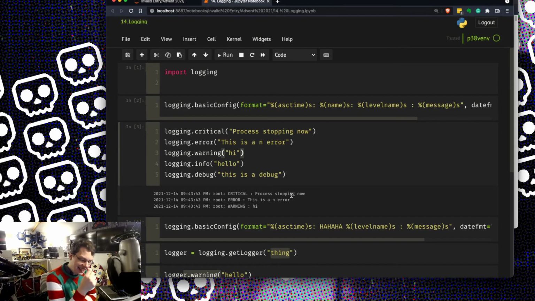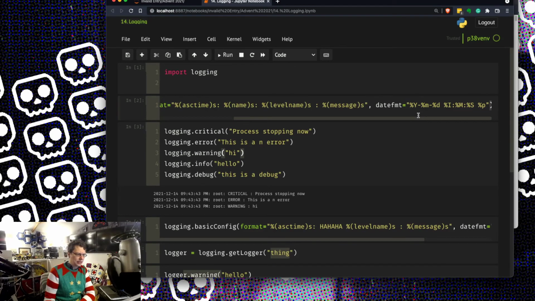So it's as easy as using print, but it's worth doing. It's worth getting into the habit, when you're writing a little script, of saying, I'm not going to use print today, I'm going to use logging instead to do my debugging. And then you can flick debug on and off by saying level equals whatever in your basic config line.